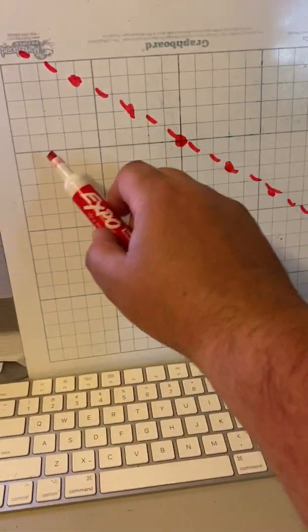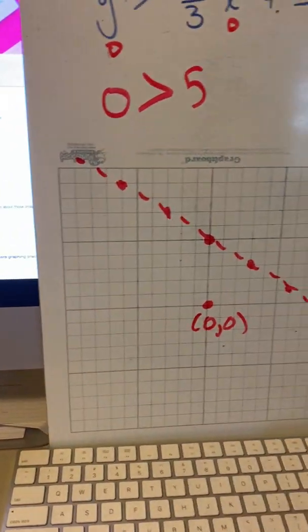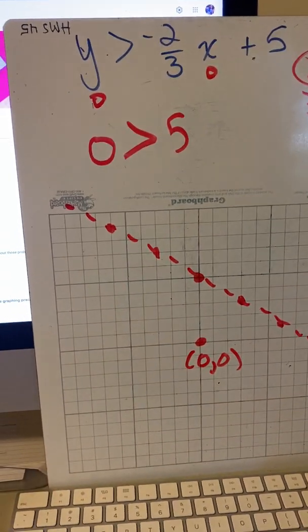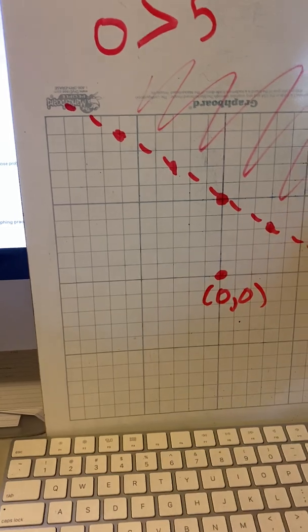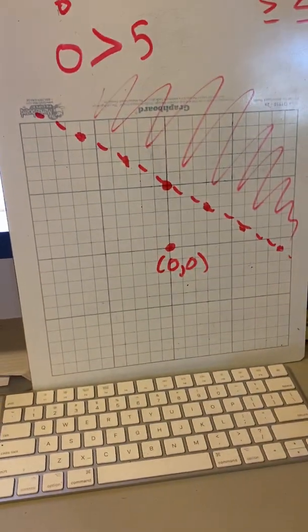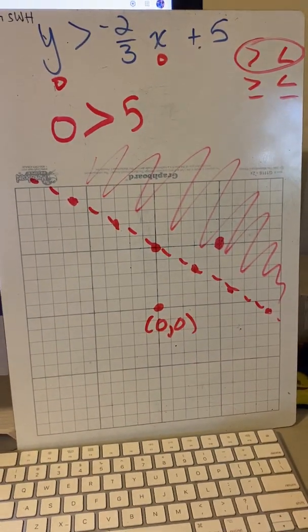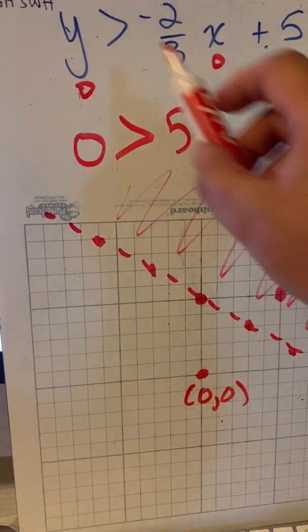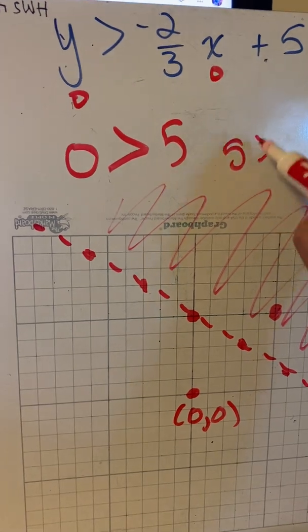That means none of these points down here could be placed into the x and the y value in our original inequality and make it a true statement. That means everything up here would work. All the points up there would work. Let's test that. Let's take this point right here, 5, 5, and put it into this problem. Let's put the 5 in for the y. So it turns into 5 is greater than